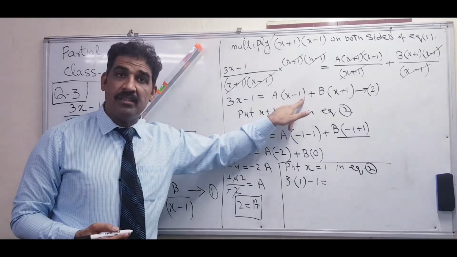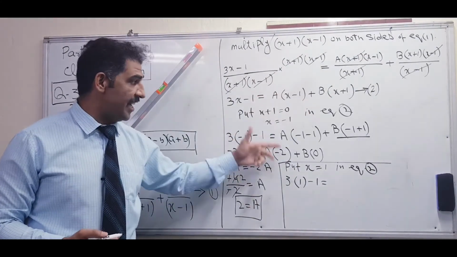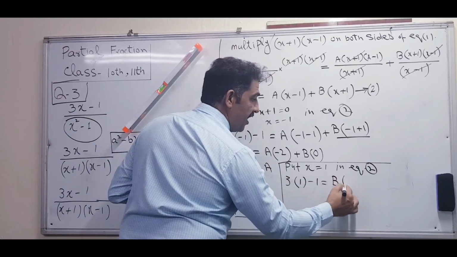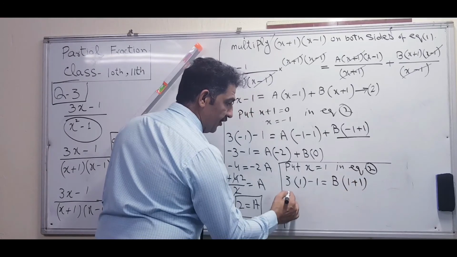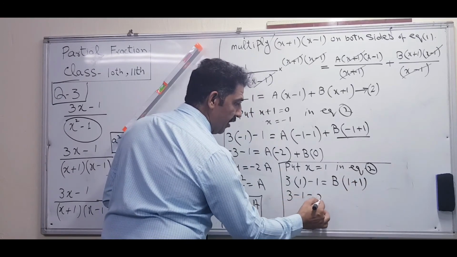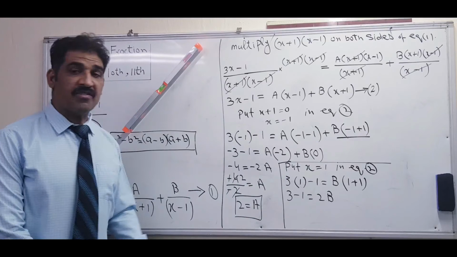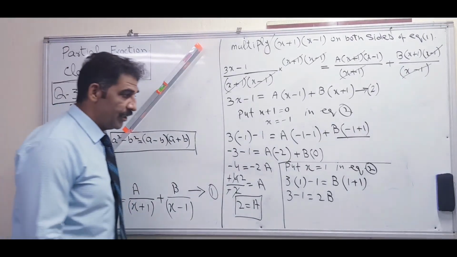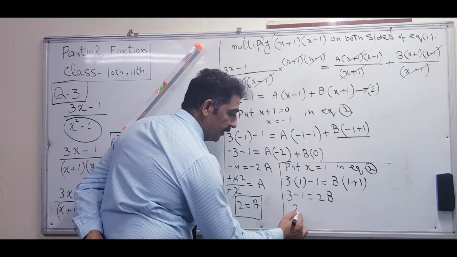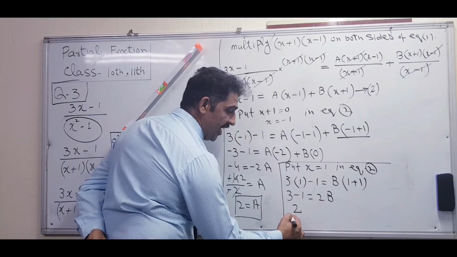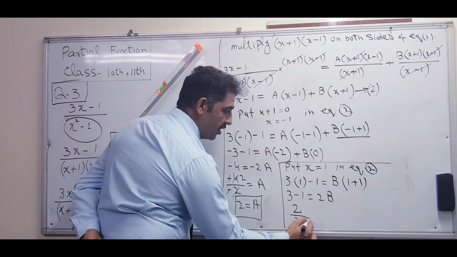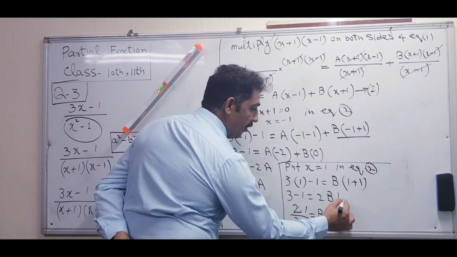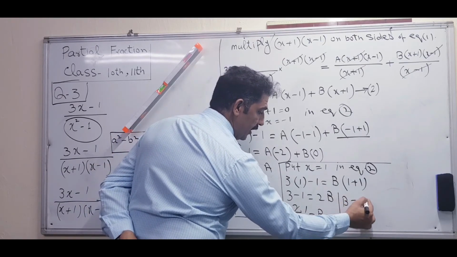Here, if you want to write, then you can write. Otherwise, 1 minus 1, 0. No need to write the term of a, as I told you before. Just write the term of b. So, b into 1 plus 1. So, here 3 minus 1, 2b. 1 plus 1, 2 multiplied by 2b. So, we have to find the value of b. So, how to find? 3 minus 1, 2, and this 2 is multiplying, so on this side, divide. Good. That b, it will cancel 1. So the value of b is equal to 1.